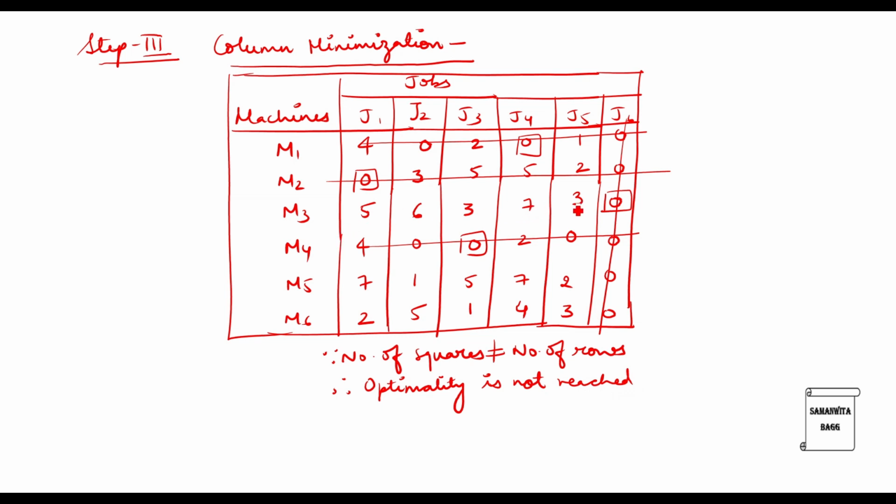Before that, you need to figure out what is the minimum value amongst the values over which a single line has not passed. So if you check, no line has passed over these values, over these values and over these values. So the minimum value is 1. I will subtract 1 from all these places. I will add 1 at these intersection places. This is 1, 2 and 3. These are the 3 places, spots where we are going to add 1. And these values over which only one single line has passed, those values will remain untouched. You will directly copy those values. So let's go to the step 4.